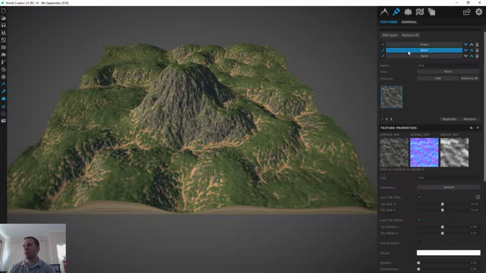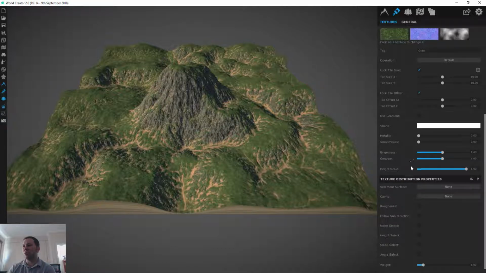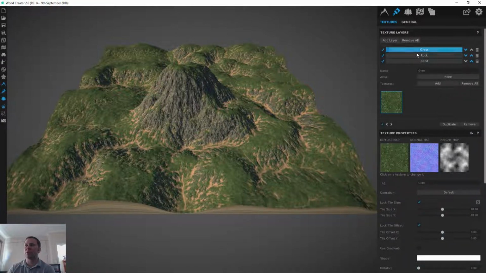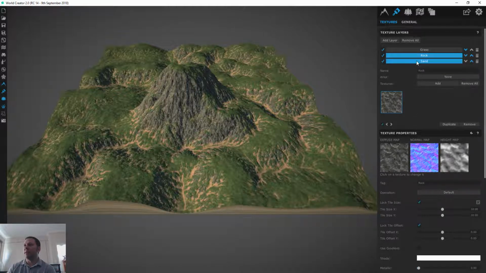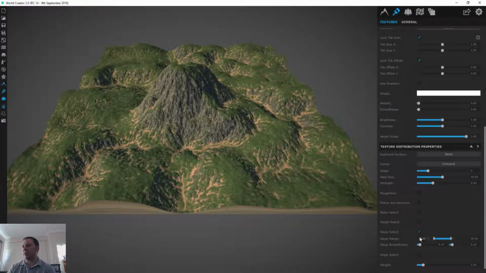I'm defaulting grass with no slope selection, so everything is by default covered in grass, and then the sand would be the next real layer, and that's going to be anything with a slope range between 10 and 50 becomes sandy. So you get this nice